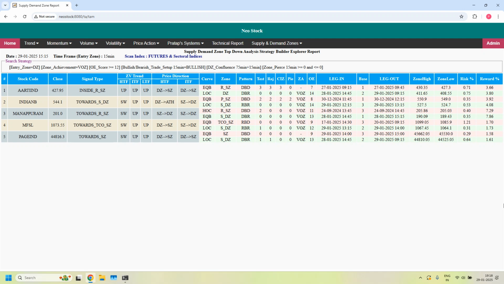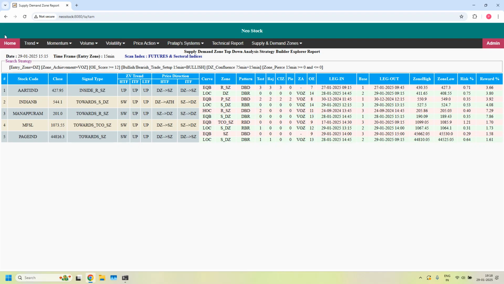So that means in these 5 stocks, these 15 minutes demand zones are part of the 75 minutes demand zone. That means they are overlapped with the 75 minutes zone. Because they are overlapped with the 75 minutes zone and also the 75 minutes trend, the ITF trend, is uptrend in all these stocks, and if the 75 minutes zone is having daily EMA confluence, maybe those stocks are even much higher priority